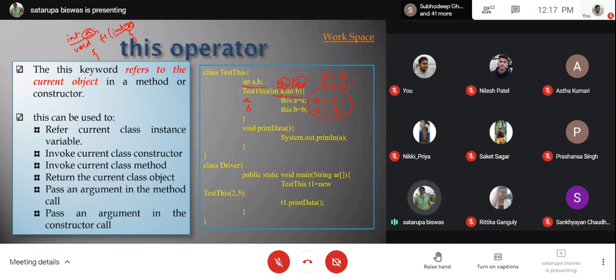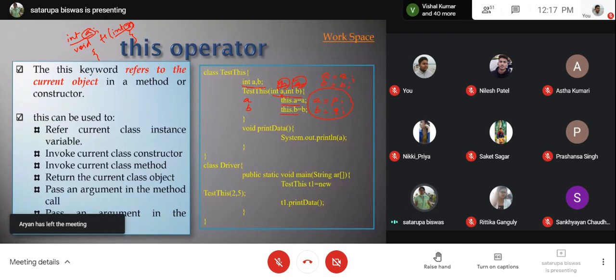Okay? Now from inside this method, if you try to refer to the instance variables, in that case you can use this.a and this.b. This means which object is calling this method. That object, the caller object, is referred to by this. So this operator refers to the caller object of a method.